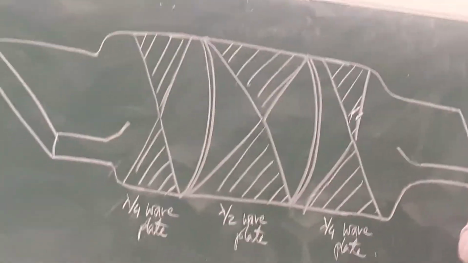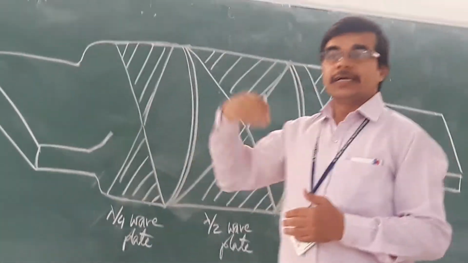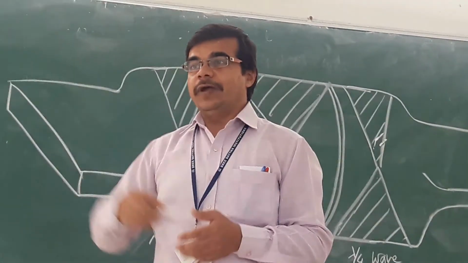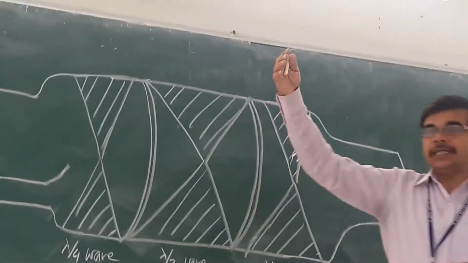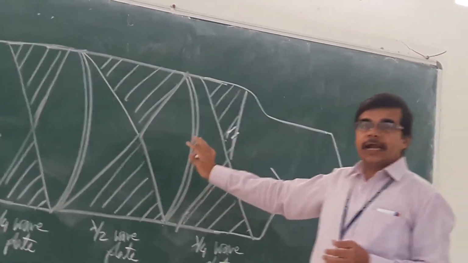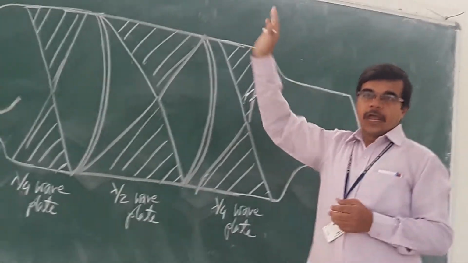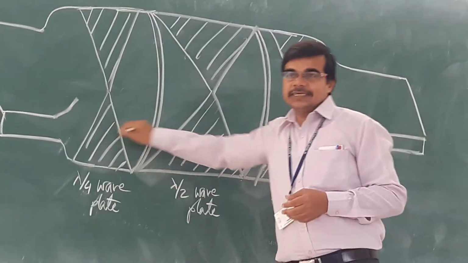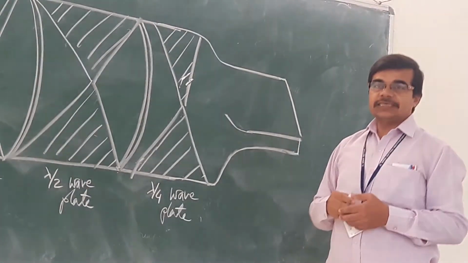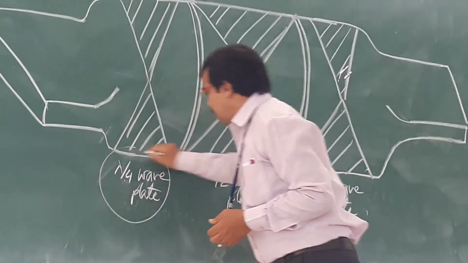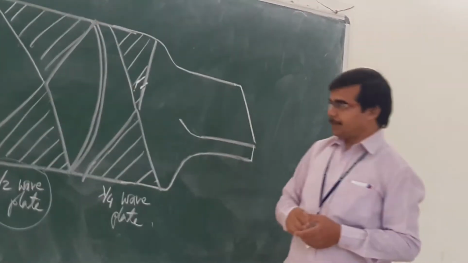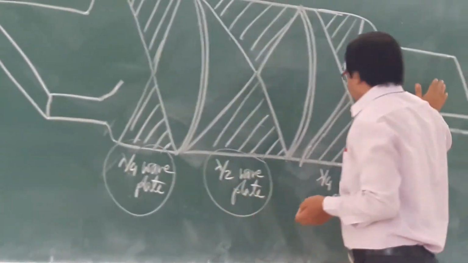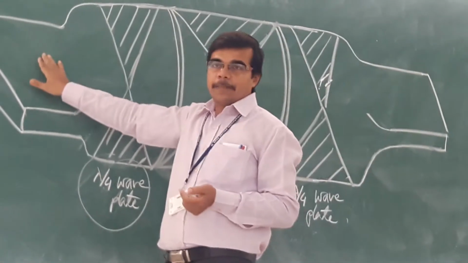If you compare this rotary type digital phase shifter, it is to some extent similar to the waveguide attenuator. There you have the rotary attenuator. So if you compare the rotary attenuator, you find that this is somewhat similar to that one. There we have the resistive card, and here that resistive card is replaced with lambda by 4 and lambda by 2 wave plates. If you see, the two ends are tapped.